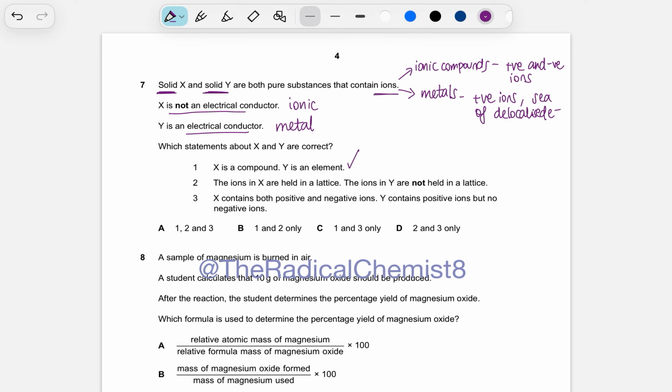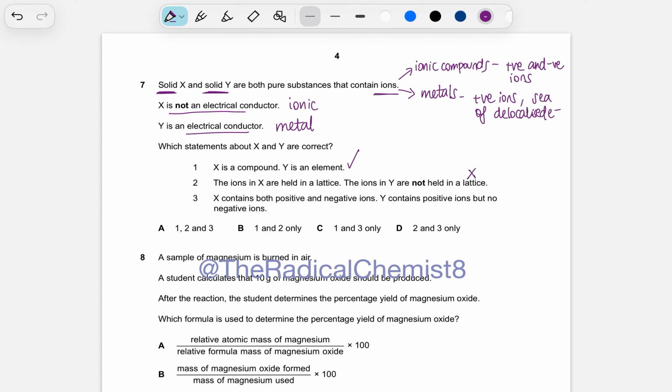Second one, the ions in X are held in a lattice. The ions in Y are not held in a lattice. This is wrong because both of these consist of a lattice structure. Ionic compounds consist of alternating positive and negatively charged ions arranged in a regular pattern, so a giant ionic lattice. And in metallic structures, you've got positively charged ions arranged in a regular lattice with a sea